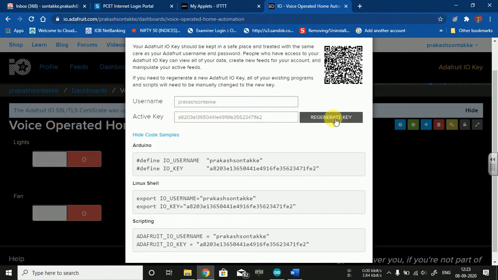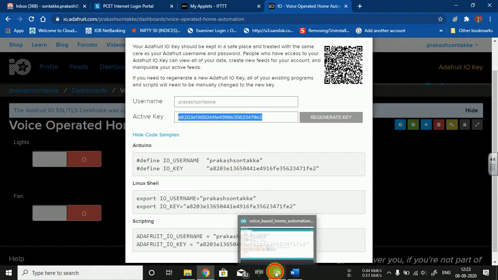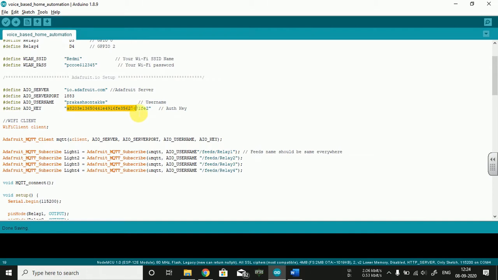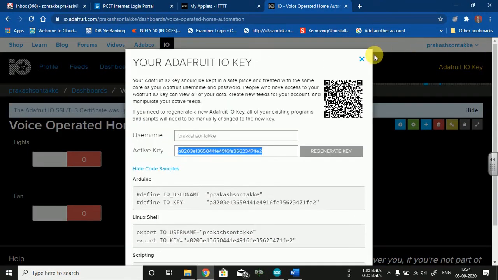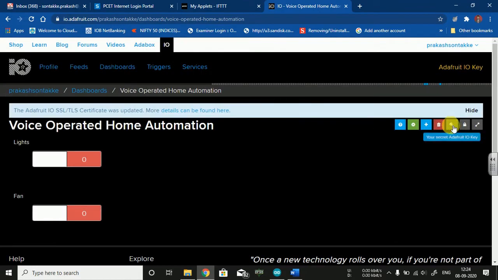Depending on your requirement, you can regenerate any number of keys, but that particular key should be pasted here, isn't it? And after that your actual task starts. Before this code, let me show all the settings. After you have taken this key, you are almost done with the setting up of Adafruit.